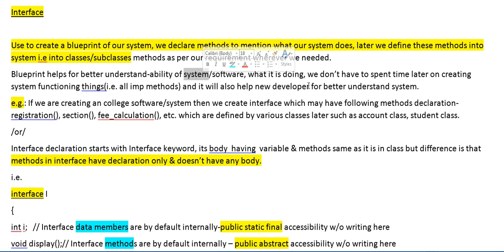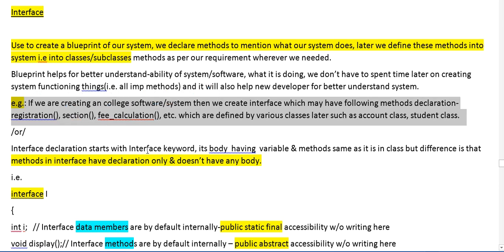For example, if we are creating software for a college, then that software should declare some methods in the interfaces, like the normal functionality of a college. In its interface we will mention something like a registration method, a section method, then fee calculation methods.